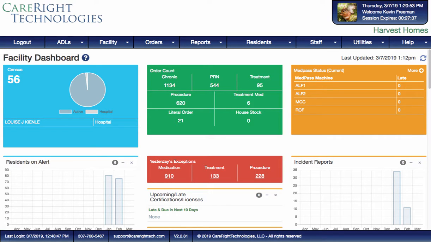This tutorial covers setting up a new resident. For every resident in the facility, a profile must be created and maintained. The first step for adding a new resident is to check that that resident has not already been added previously